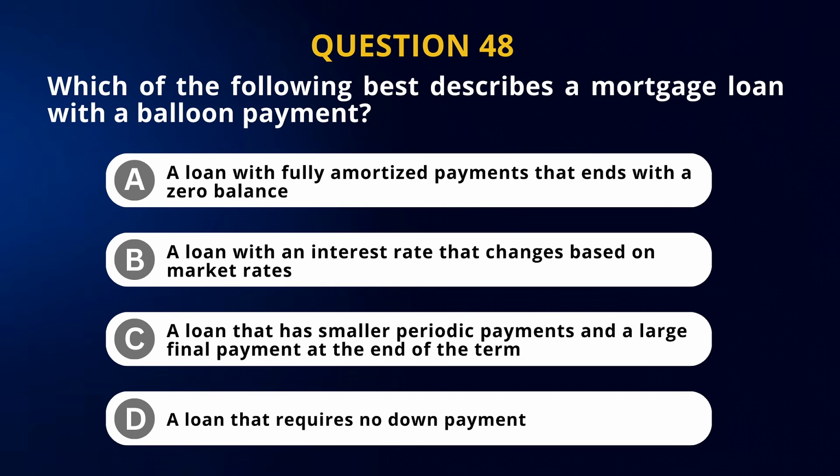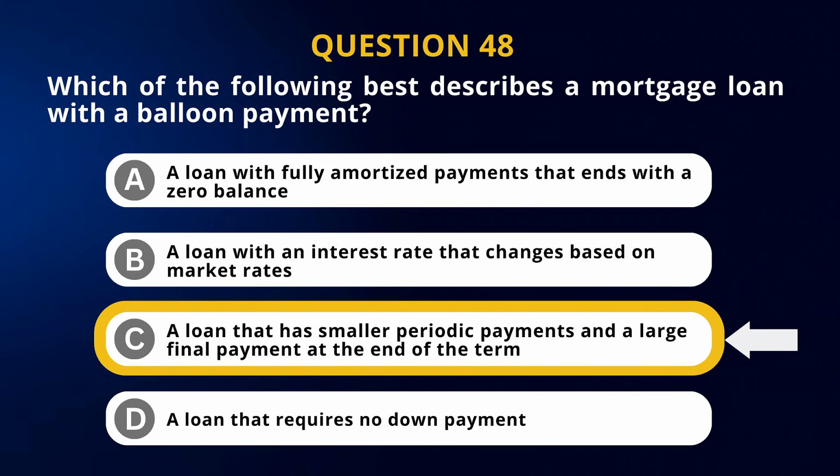Question number 48. Which of the following best describes a mortgage loan with a balloon payment? Letter A, a loan with fully amortized payments that end with a zero balance. Letter B, a loan with an interest rate that changes based on market rates. Letter C, a loan that has smaller periodic payments and a large final payment at the end of the term. Letter D, a loan that requires no down payment. And the answer is letter C, a loan that has smaller periodic payments and a large final payment at the